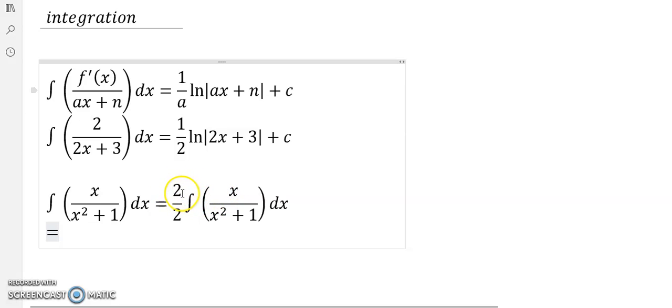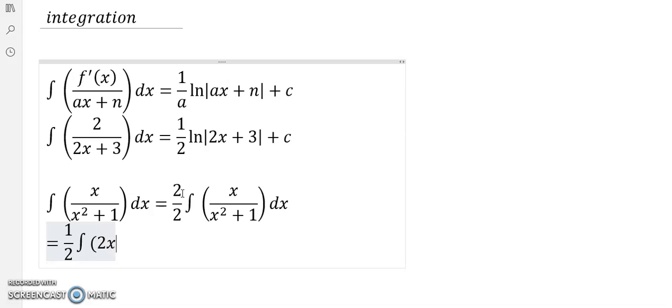Then we will be left with 1 over 2, the integral of 2x divided by x squared plus 1 dx equal to,